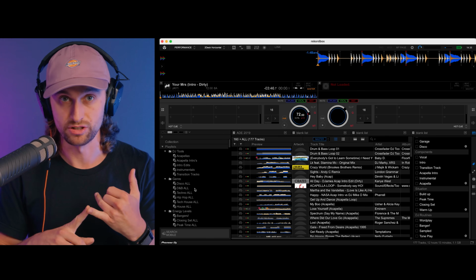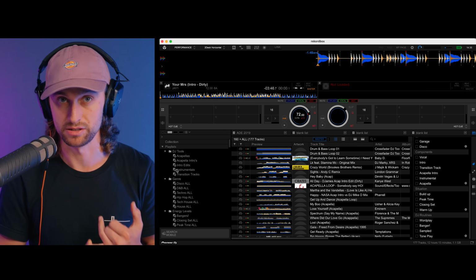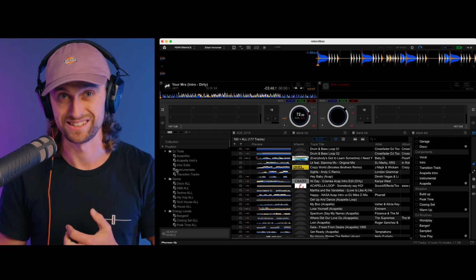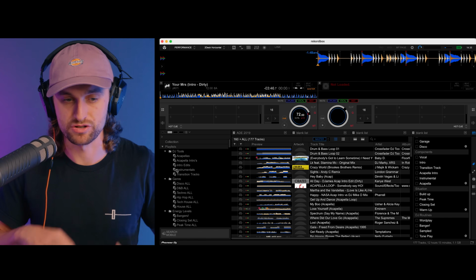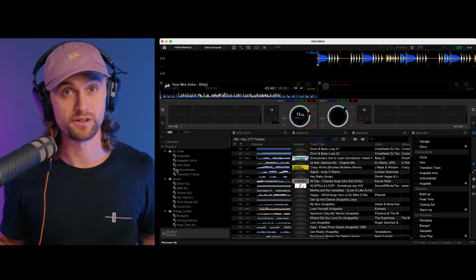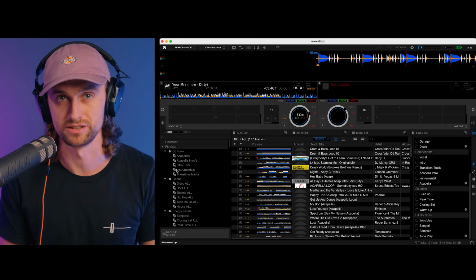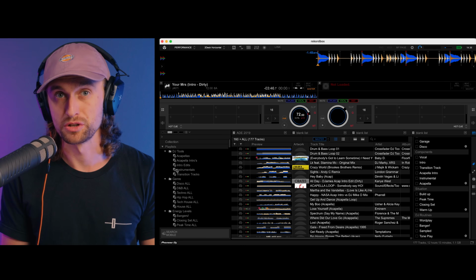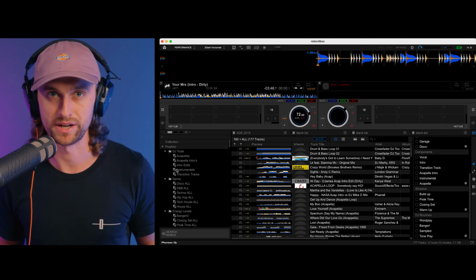it might pull stuff already into the intelligent playlist from the BPM, for example, it'll do. And even maybe the genres, if it's got the genres in the metadata from wherever you downloaded it from. But I can then take that time to just, as I'm loading the tracks in, just add some tags in there. Don't worry if you miss some and you don't tag all of your tracks. It's not the end of the world. But if you tag the tracks that you're using regularly and you definitely know you want to play, then it means you're not going to miss out on them when it comes to that gig, or when it comes to,